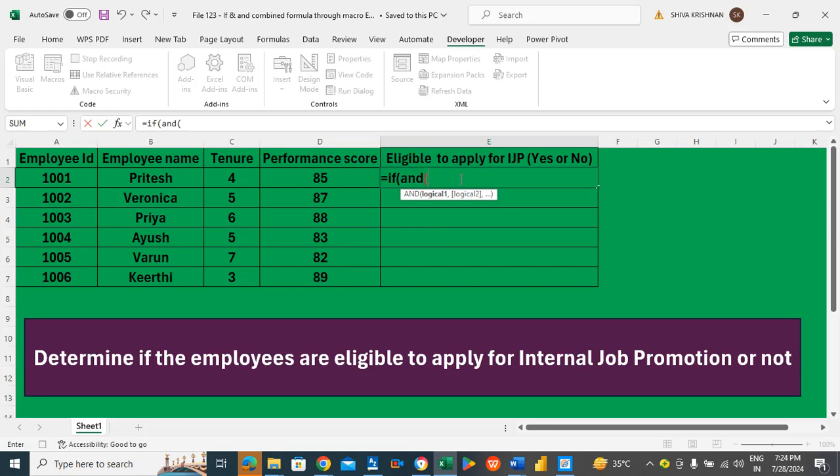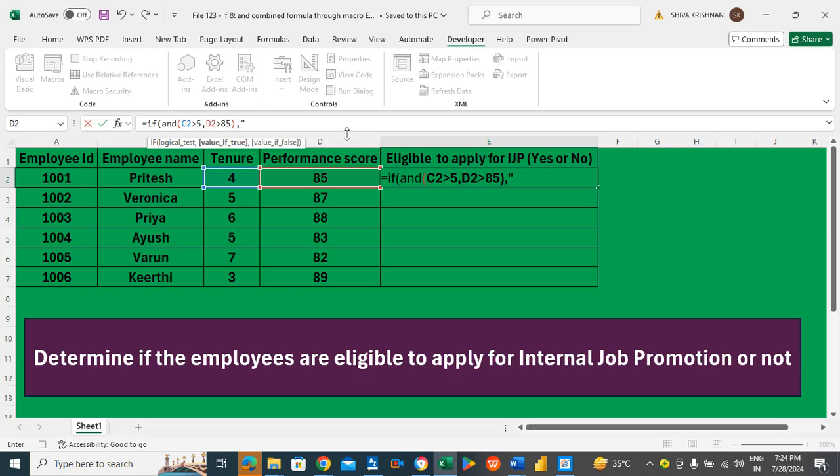The first criterion needs to be that this is greater than 5, and then this is greater than 85. That's logic 1 and logic 2. These two need to be there. Let's say that on the basis of the AND formula, if these two are fulfilled,